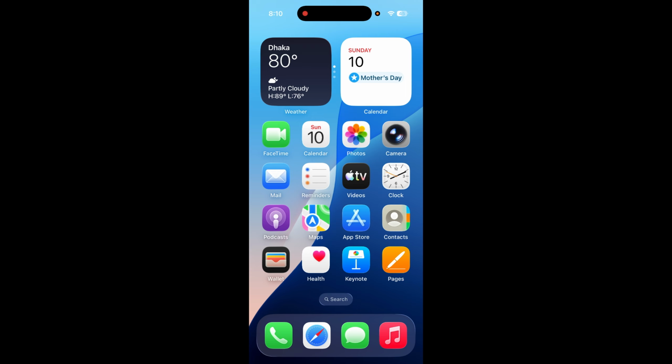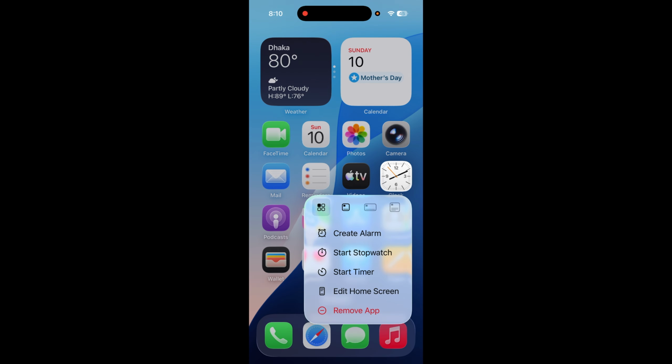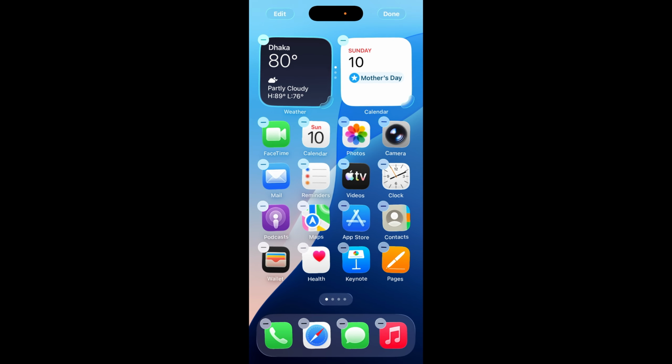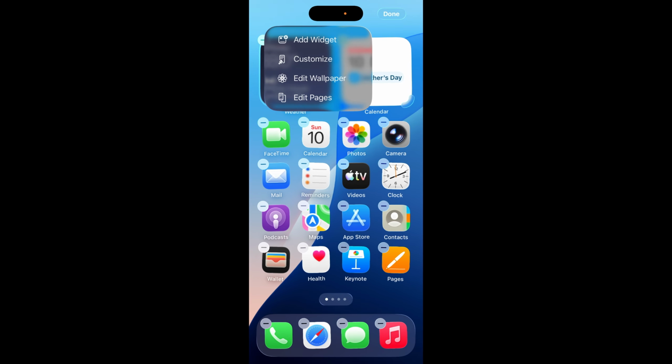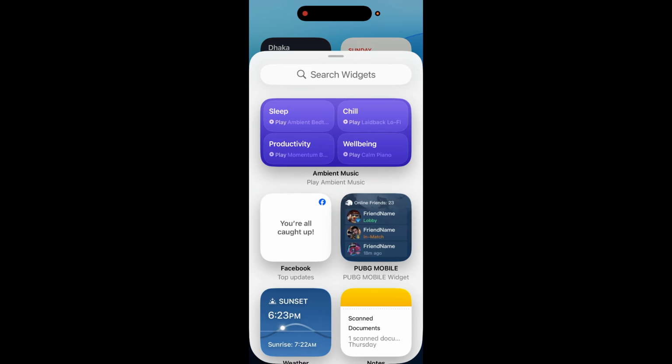So there is another way to change this icon. Just long press again, and you just need to wait for shrinking. Now select the edit option on the top left-hand corner, select add widget, and now you just need